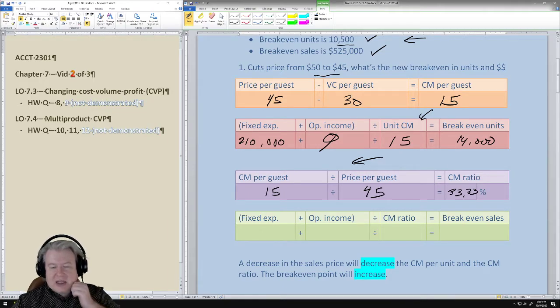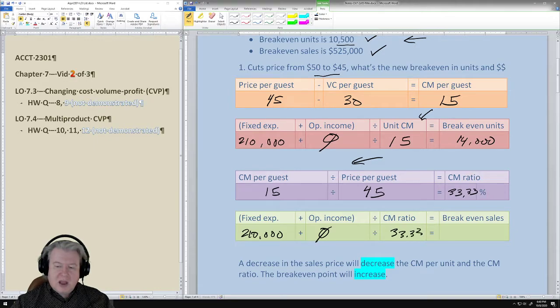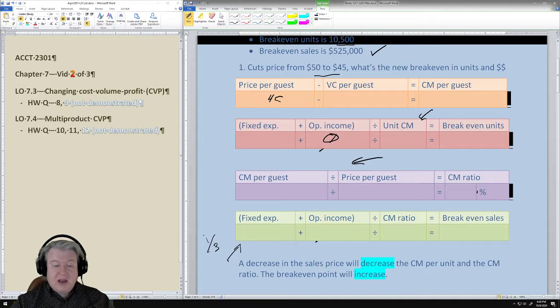It's actually pretty easy to figure out, even though we've got some decimal points here. Once again, we're not figuring out for a specific income level. This ratio is 33, and now what we're saying is this number is 1/3, 33.33% of